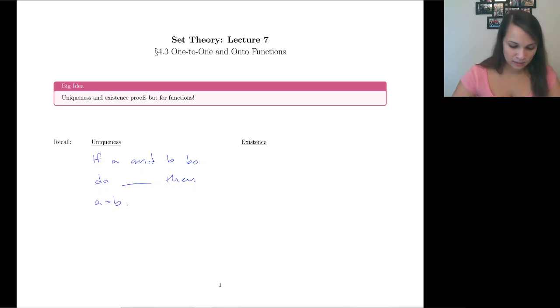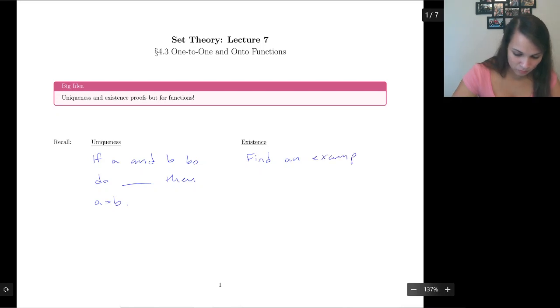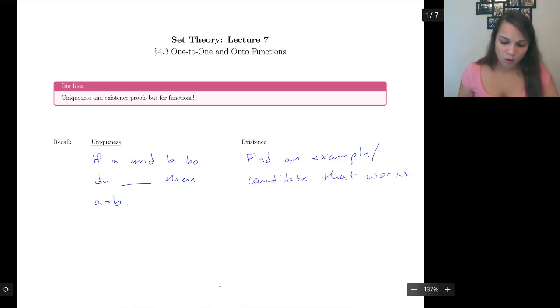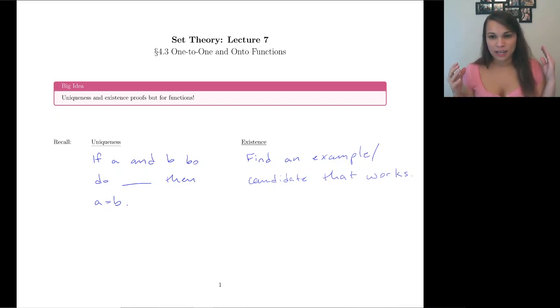For existence, all we have to do is find an example or candidate that works. We don't care how many there are or if it always works or anything like that. We want to know, does it ever work? And that's what existence is. Okay, with these sitting in the back of our minds, let's start in on the first type of function that